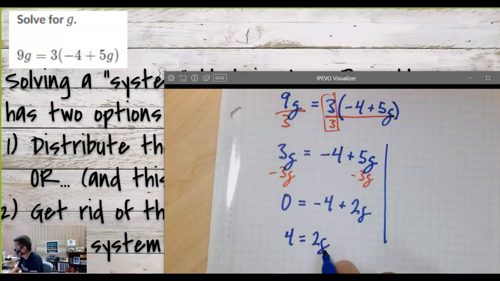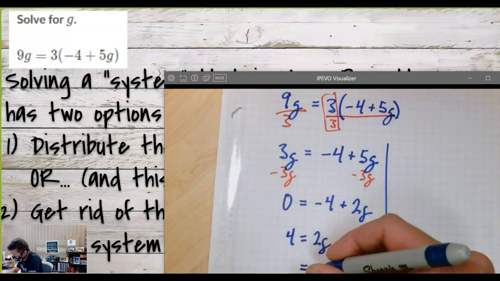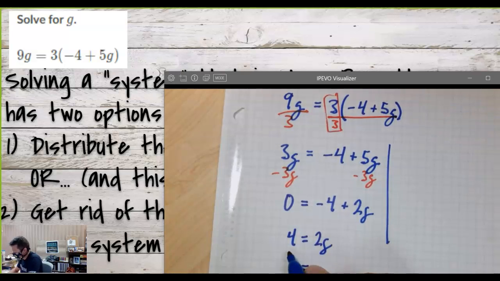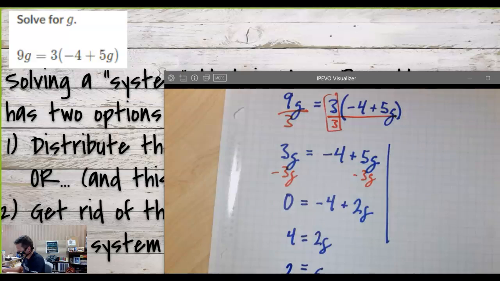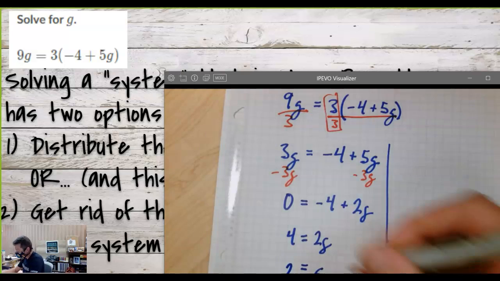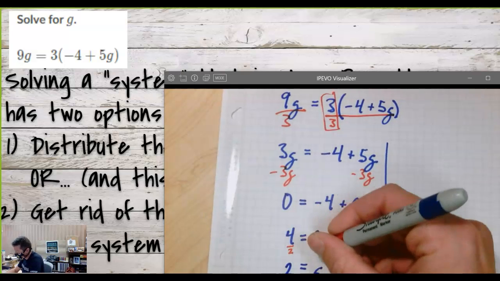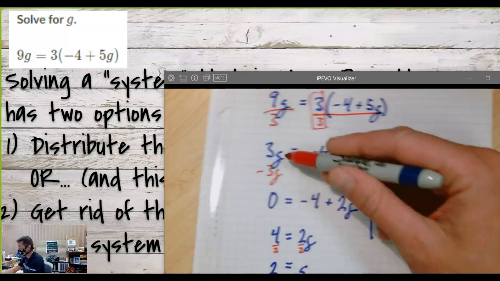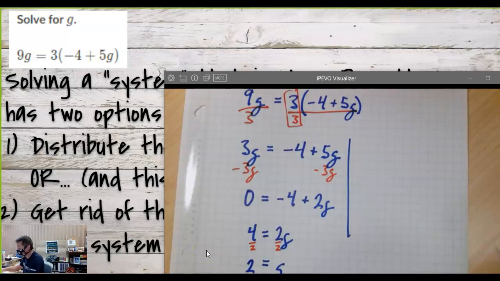Wait, I heard a wait. I mean, it works. It's just really, that's not the way that I did it, because I did not like that. 4 divided by 2. I didn't go to the 0. So, here's the other option. Right here. Instead,